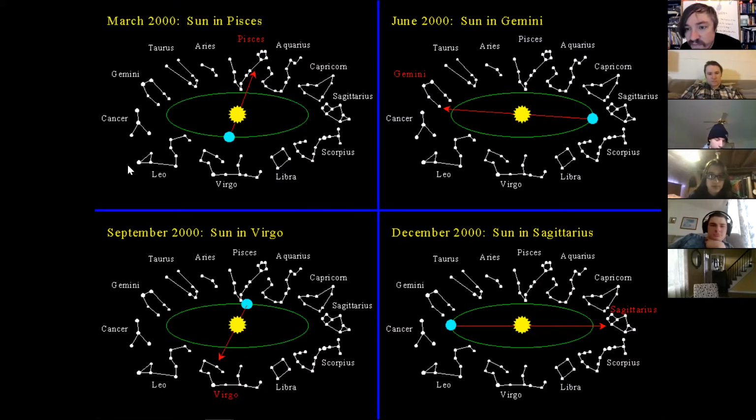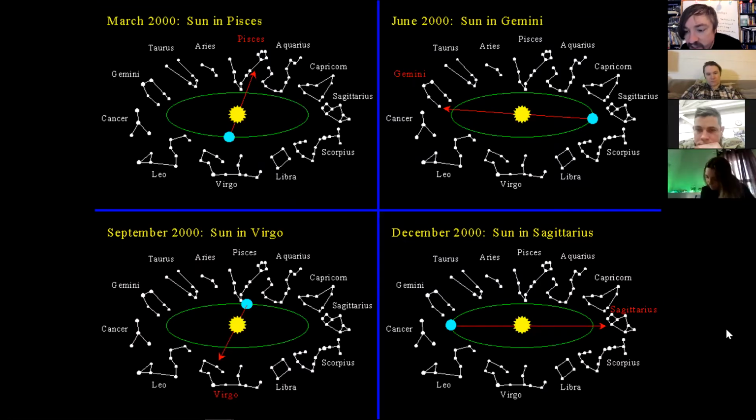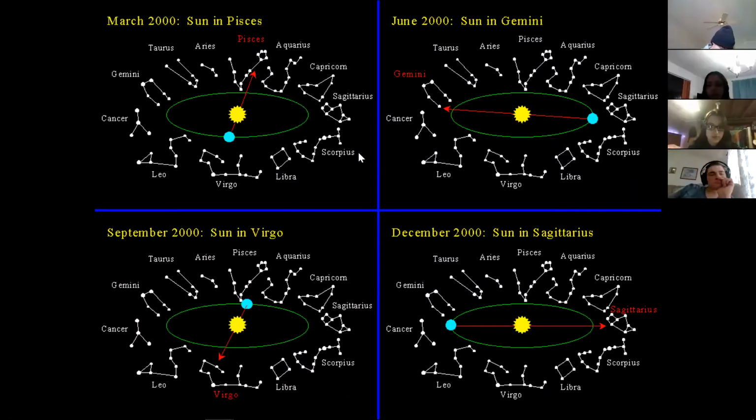As Earth travels around the path of the sun, it does so on a circular or quasi-circular orbit. And that circular orbit stays fixed in its orientation in space. So what's happening is, as Earth is traveling around the sun, we see the sun throughout the year traveling through